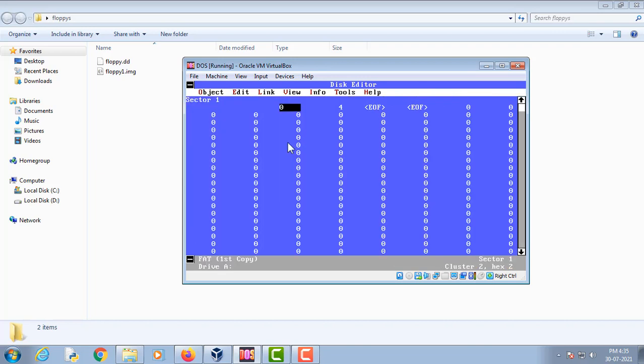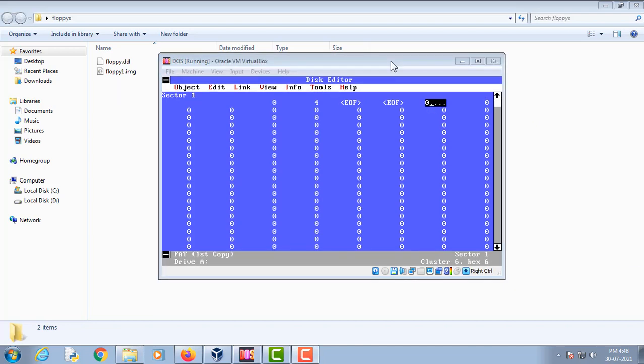Now if we go to the file allocation table, the starting cluster of file2.txt is 6. Since the size of file2.txt is 3093 bytes and the size of each cluster is 512 bytes, how many clusters is file2.txt going to occupy?